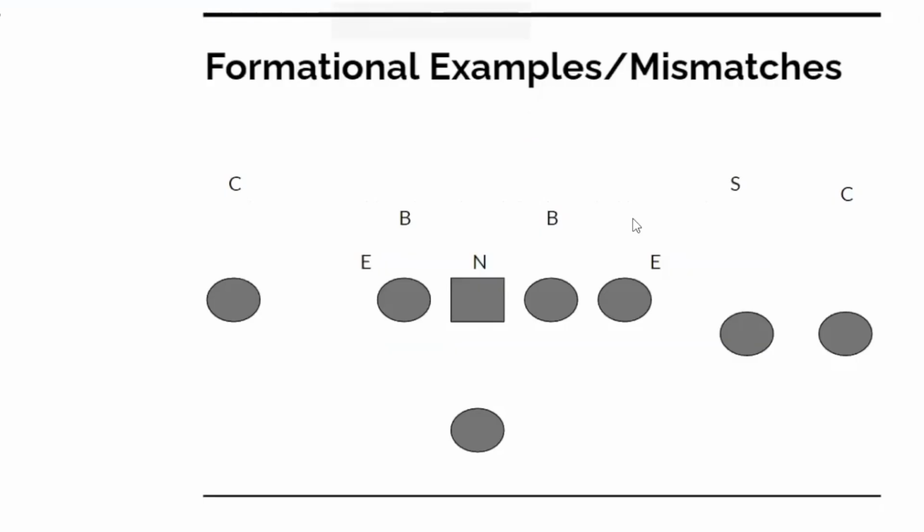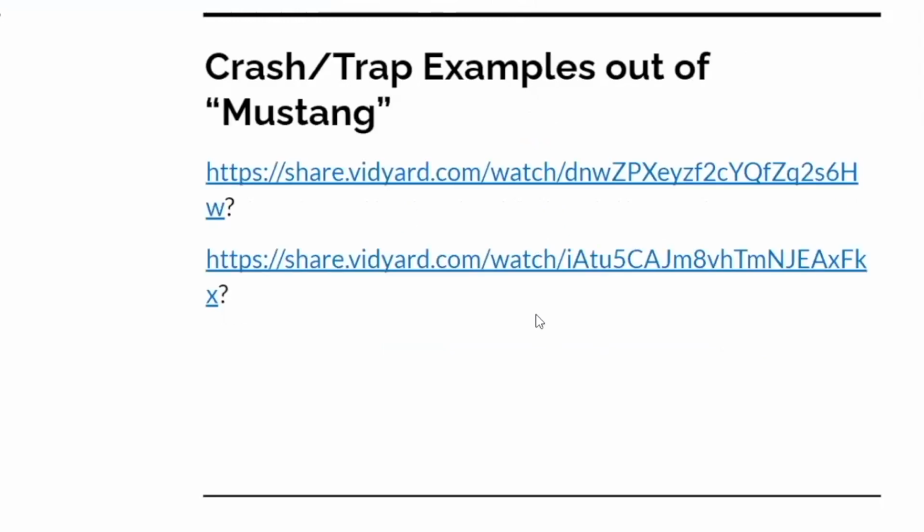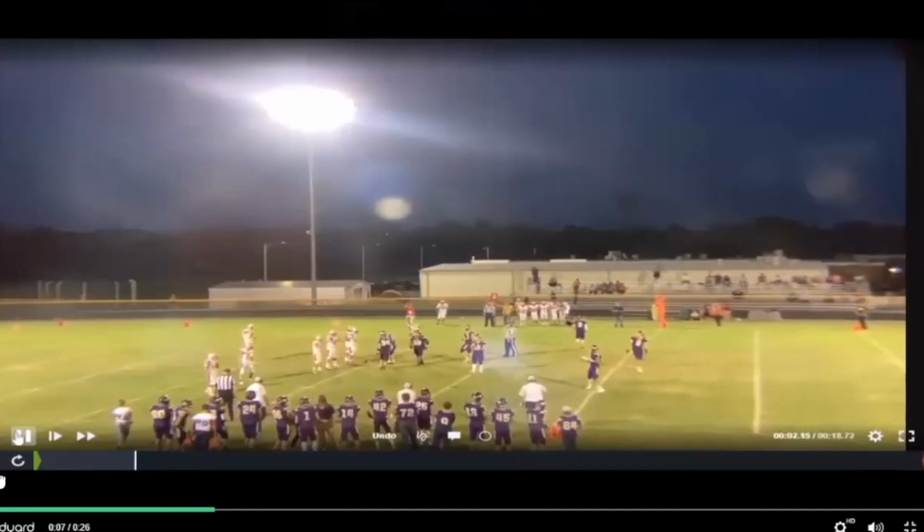Now this formation is actually one that I got from my old high school coach, but it's one that he used a lot when they won the state championship back in 2007. It's just an empty set, but we call it Mustang because we're obviously the Mustangs. And I just have a couple of running plays here. I want to make sure and show Crash once, just to make sure that everybody can understand what I was talking about.